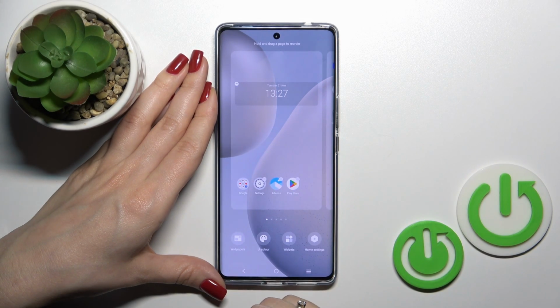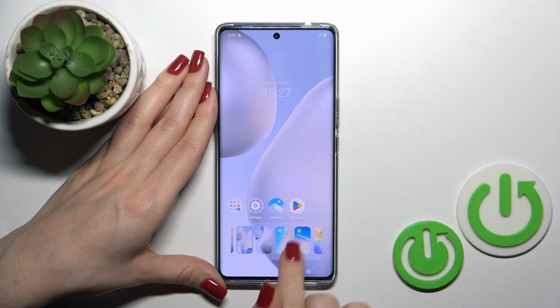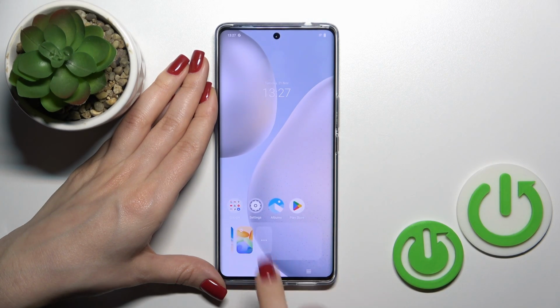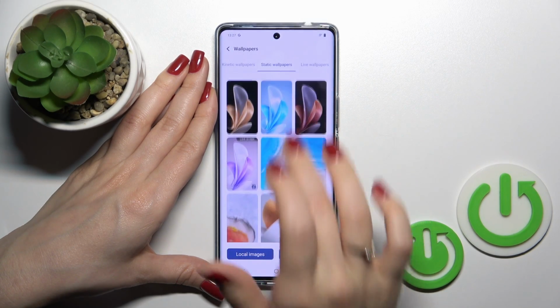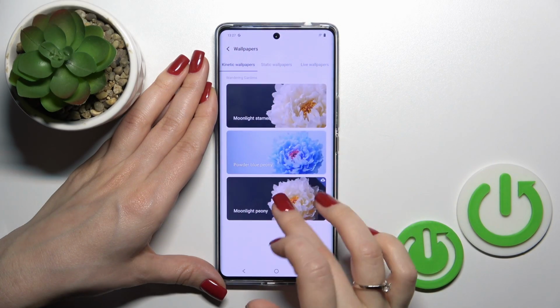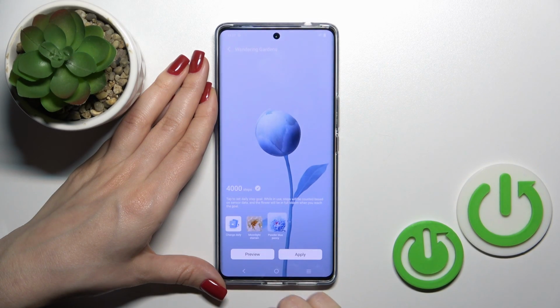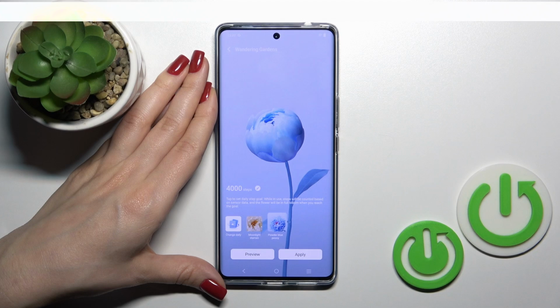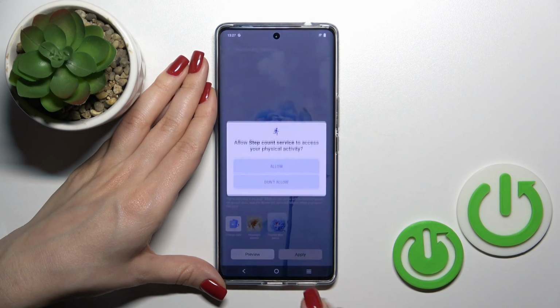Just hold the home screen with your finger for a while and then tap wallpapers. In the same way, let's click these three dots to open the full wallpaper settings, and you can use one of them here. You can also see the preview. Just tap apply,